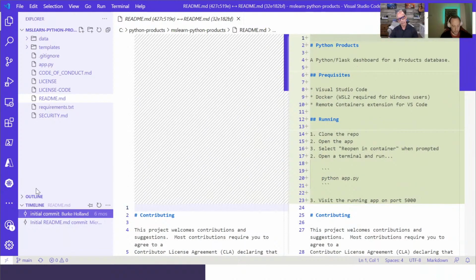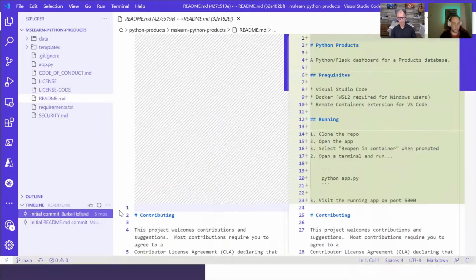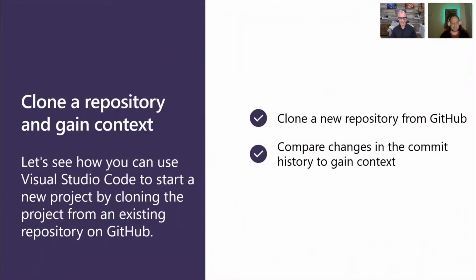The other nice thing I discovered is that, remember in session 2, we talked about collaboration. Session 3, last week, we talked about branching. And you can immediately follow along: I cloned a repo, and this is the branch I'm using. And the full history, there's only 2 items in this one, just for the sake of the demo, not making it too complex. But if you've got a whole team working on it, with 500 commits happening every week, you could literally go back and validate what has been changed. So again, all this is cool. I like it way too much instead of relying on the command line. You already know that.